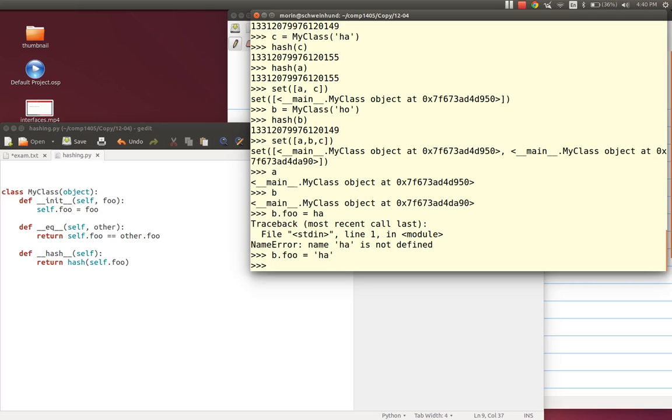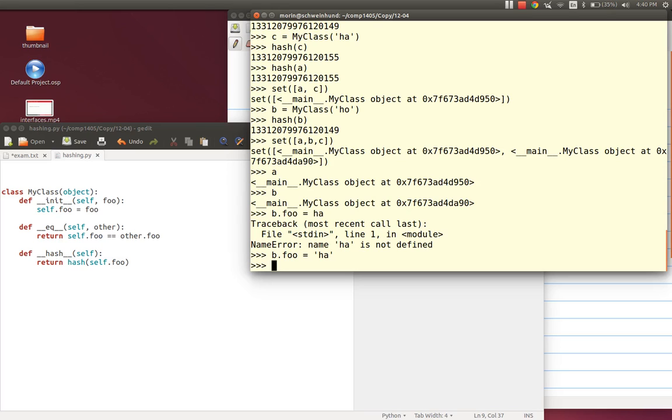Now the set that I created, but I've lost it now because I never saved it, still has those 2 elements in it, both A and B, which are equal. So you're not supposed to modify things in the set if it could change the result of the equals method. That original set is now broken because it has 2 equal elements in it. You're not supposed to do that.